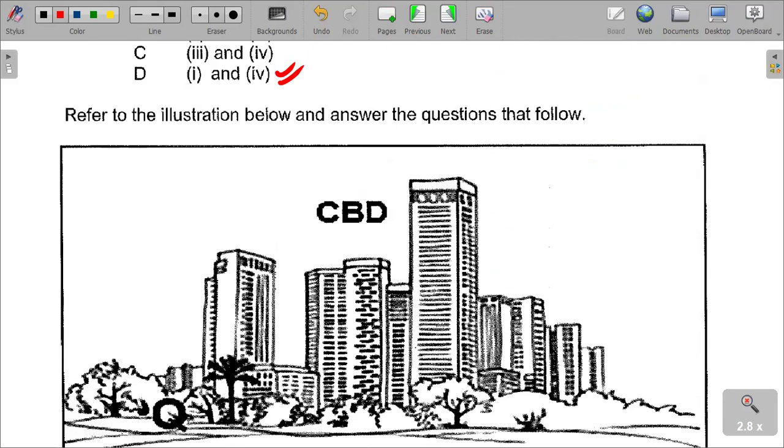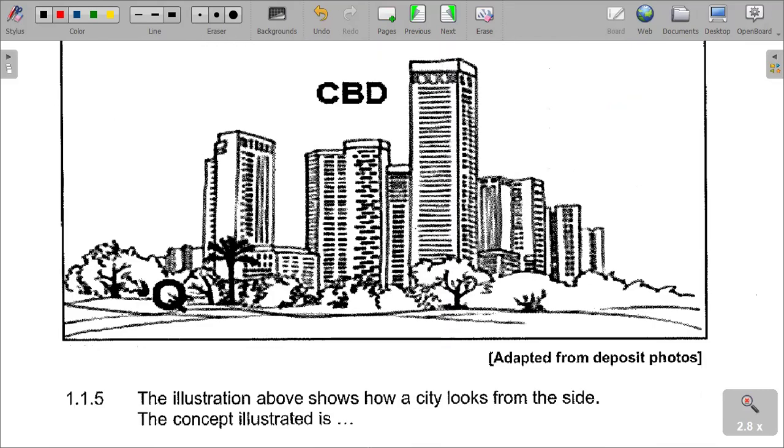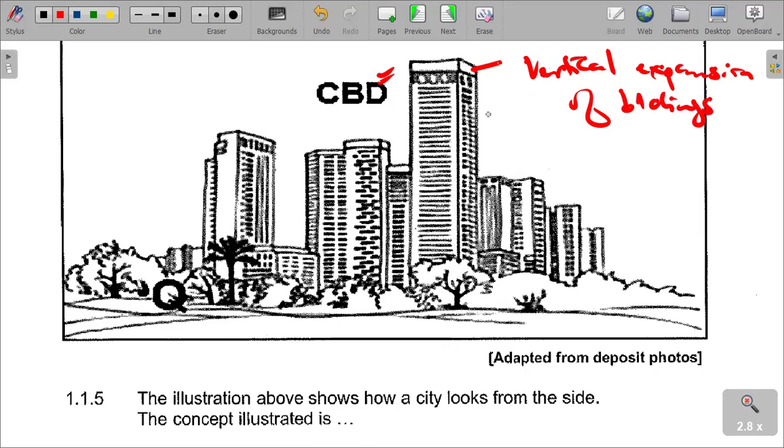We are given the illustration and answer the questions that follow. This is the CBD, which we said is always shown by vertical expansion of buildings. This is one of the key characteristics of a CBD. What causes that? We were talking about the land value. The land value is very expensive. Land value is very high,